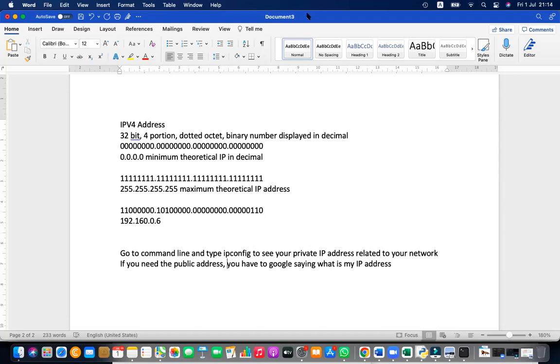So shall we see it by moving to a screen? Can anyone share the screen? Then I can show you quickly. Please share the screen for this.